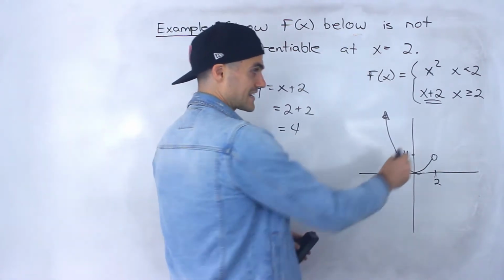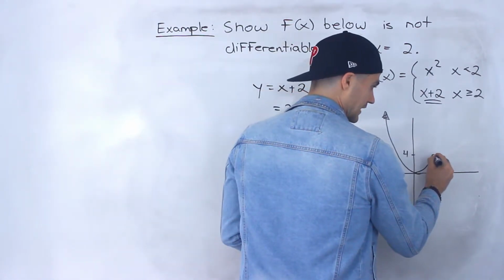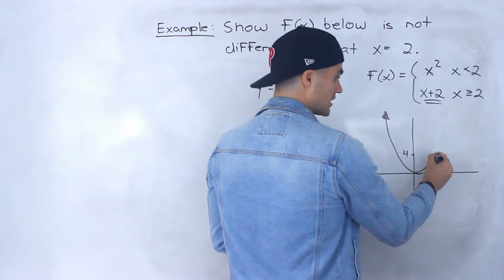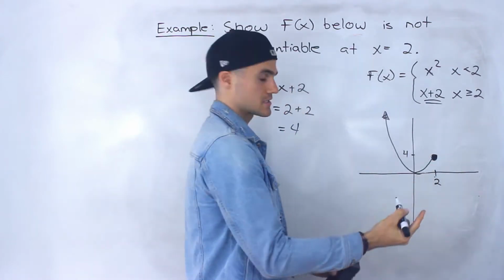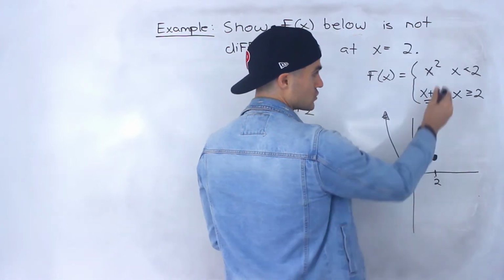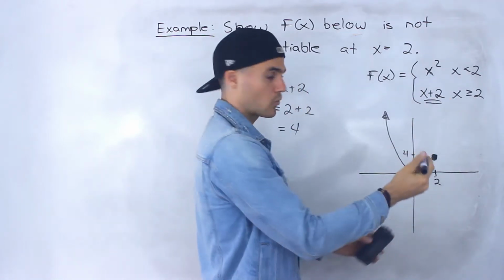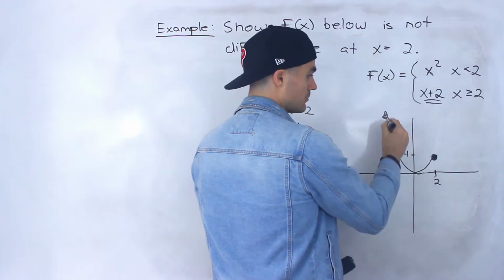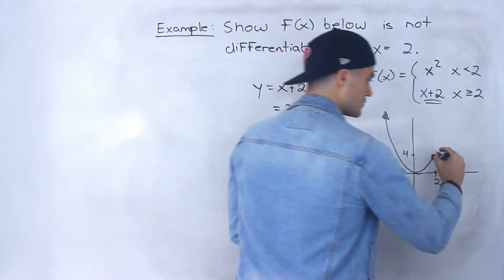And so this piecewise function is actually going to be continuous, right? Because at that x value of 2, both of these functions have the same y value of 4. So it's going to be a parabola to the left of this 2,